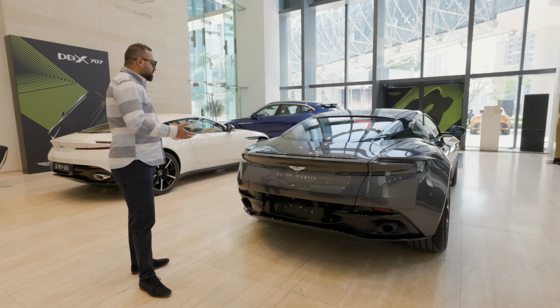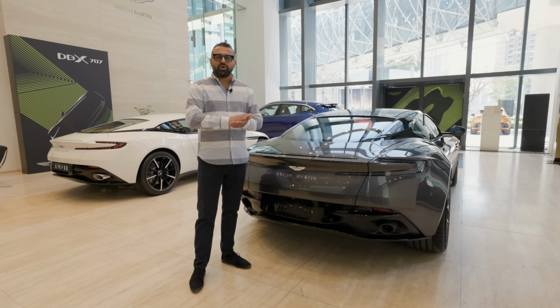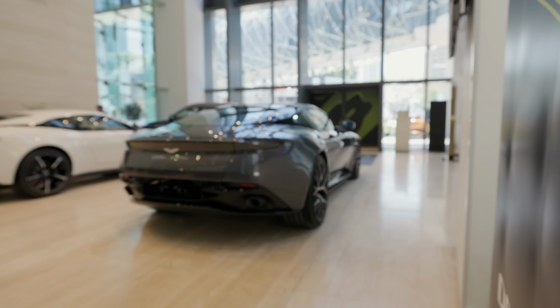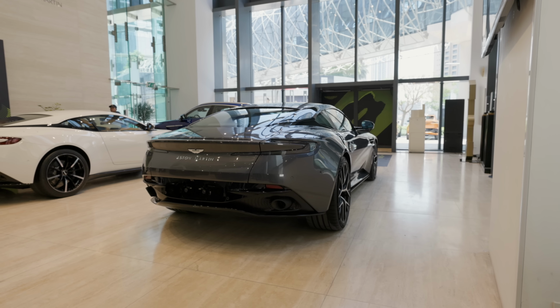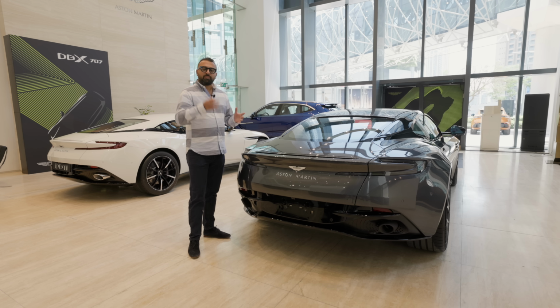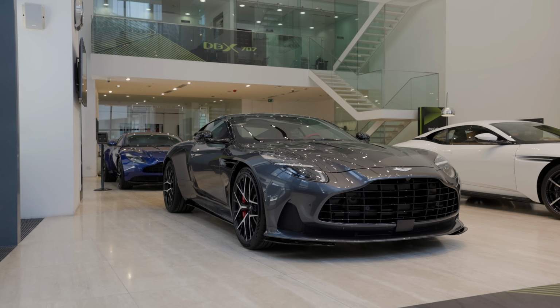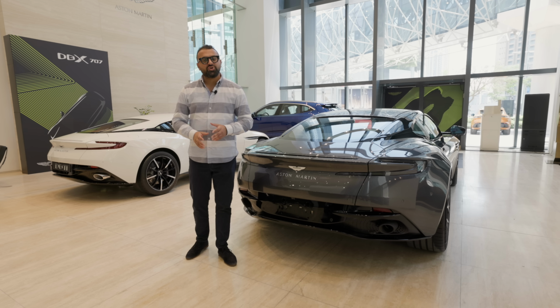The way I look at it is the whole thing has been designed by water. The water flowing over a piece of stone in the river. This is what the DB12 looks to me like. It looks like an aggressive and purposeful design, what a GT car or a performance GT car should always be. It has stance, it has purpose, and it has the right amount of power. And who knows, in the future, you may get a turbocharged V12 in one of the performance versions or a